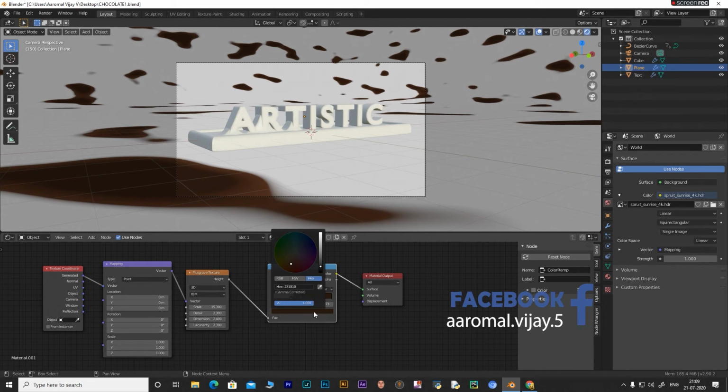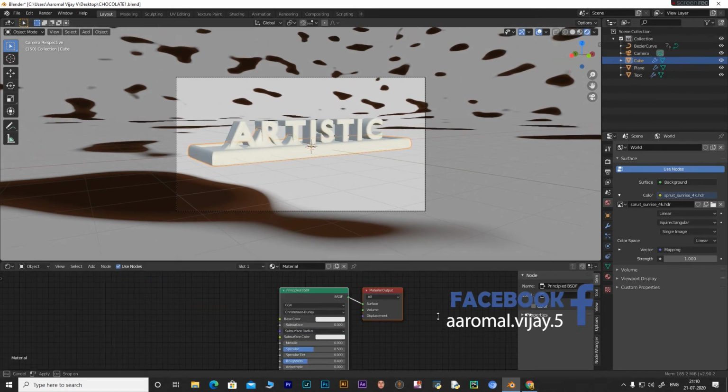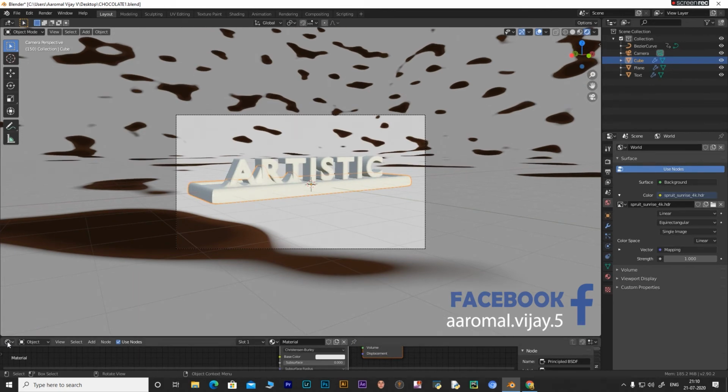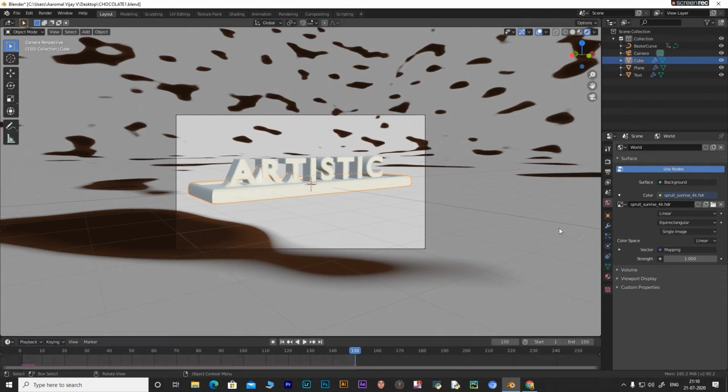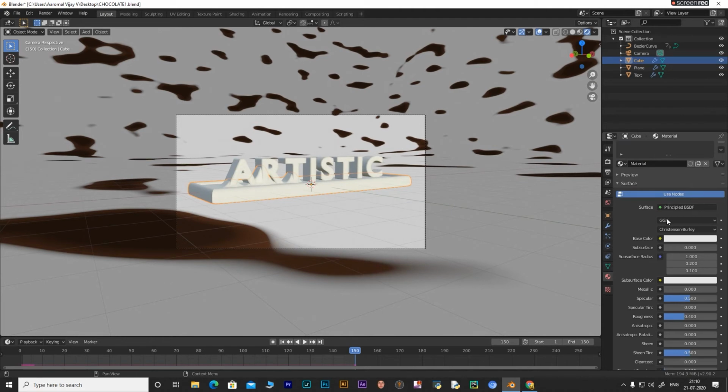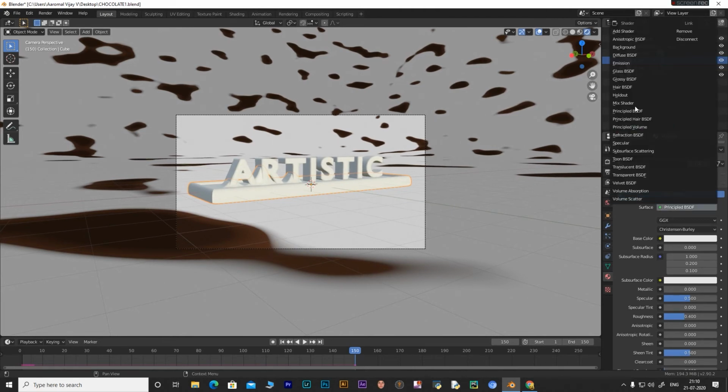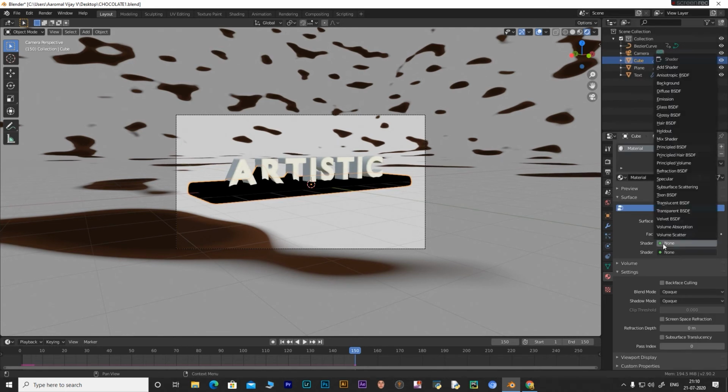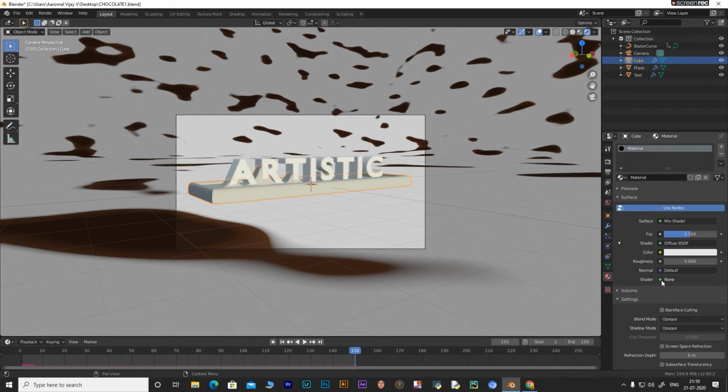Now let's just select our chocolate material, something like this. Then let's select our chocolate bar, and I'm gonna change this shader editor back to my timeline and just go into the materials tab and change the surface from principled BSDF to a mix shader, and add in two shaders, a diffuse and a glossy